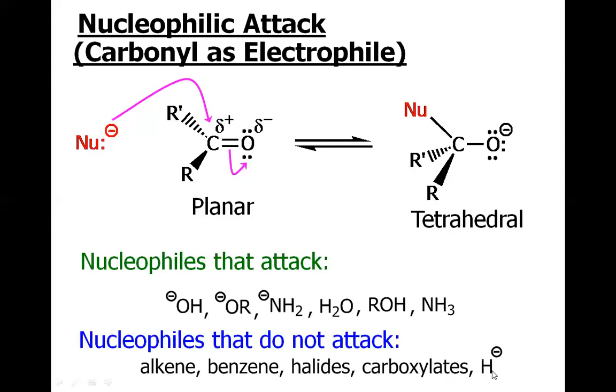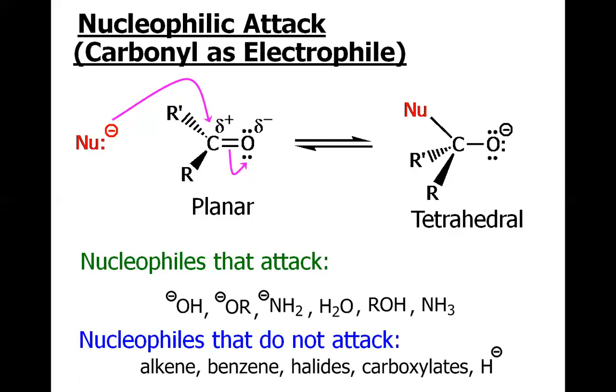And one thing is very surprising about the H negative, the hydride. Even this does not attack the carbonyl. Now you must be thinking that we must have seen a lot of cases where the carbonyl group is reduced into the alcohol, and definitely it is because of the delivery of the hydride. But remember that the hydride which is used to reduce the carbonyl is not the H negative, but comes from the sodium borohydride source or the lithium aluminum hydride source.